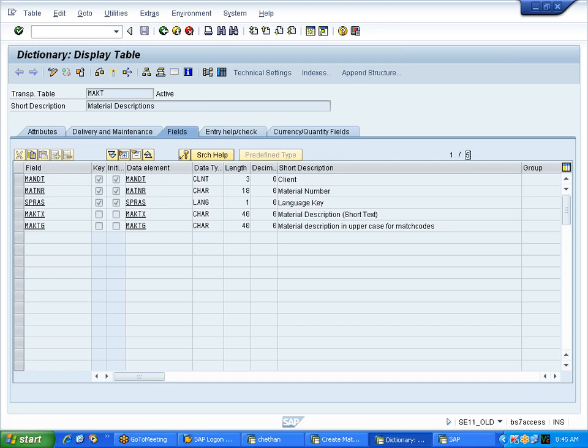Similarly, each field, if you observe this MANDT field, see the heading here is data element. For the MANDT field, MANDT is the data element. For the MATNR field, MATNR is the data element. Like that, each and every field has its own data element. Okay, please make a note. Data element,